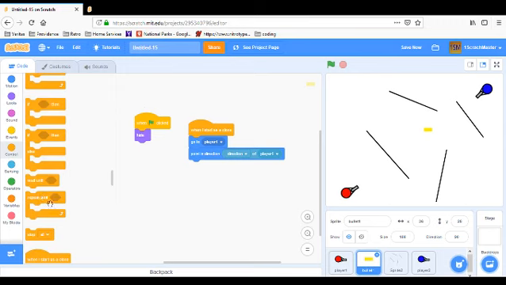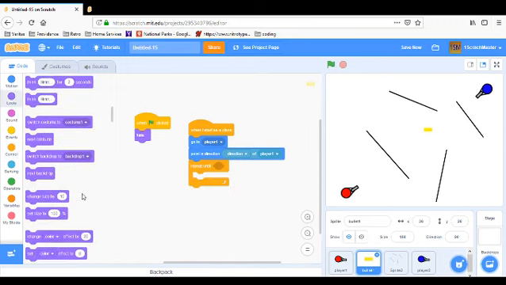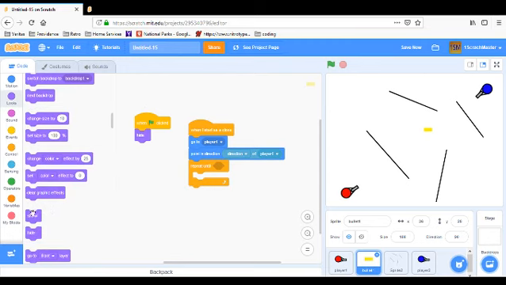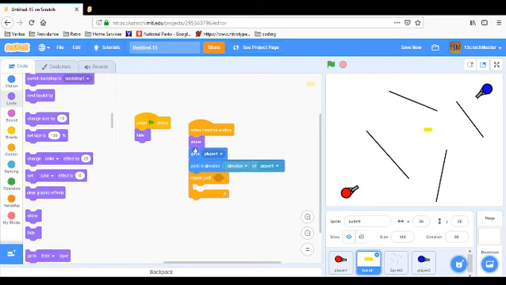So we're gonna have repeat until. Oh, sorry. One thing we need to do for the clone is because the clone's gonna be hidden too, because the actual sprite is hidden. So when I start as a clone, we want to show the clone. Sorry about that. Okay. So repeat until. Now we're going back down here. Okay. Repeat until